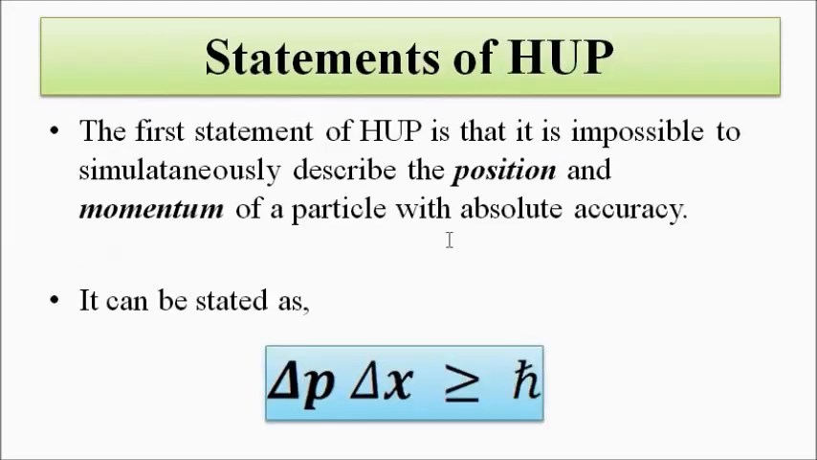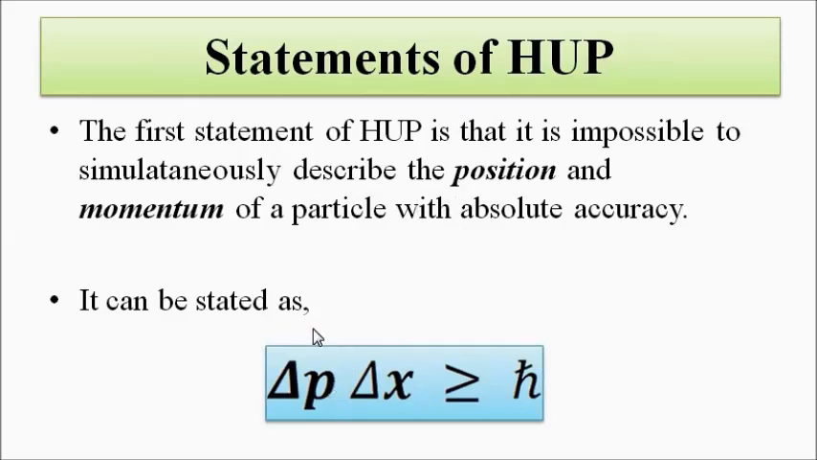So we'll discuss them. The first statement of the Heisenberg uncertainty principle, HUP, states that it is impossible to simultaneously, at the same time, describe or define the position and the momentum of a subatomic particle with absolute accuracy. It means at any given point of time we cannot exactly determine or pinpoint the exact position of a subatomic particle and the momentum, mass into velocity. So this is the first statement of the Heisenberg